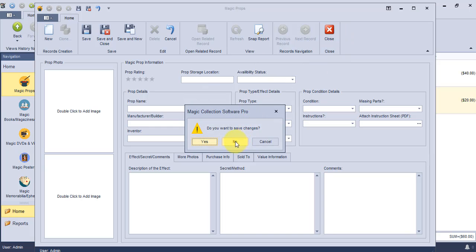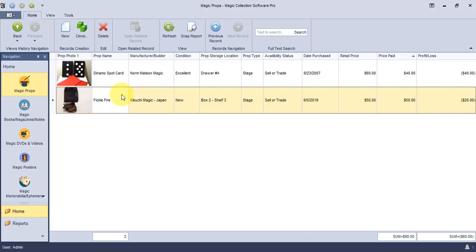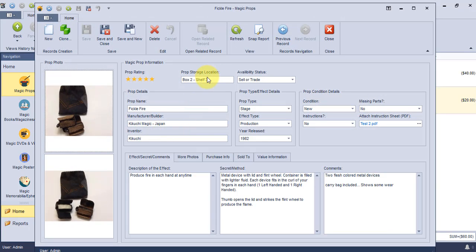Let's actually use one that's got some data in it. Let's go to the Fickle Fire by left clicking on it from the grid view. Here you can see all of the information that's entered regarding this particular prop. We have prop rating. You can rate it, how good the trick is, however you want to use this